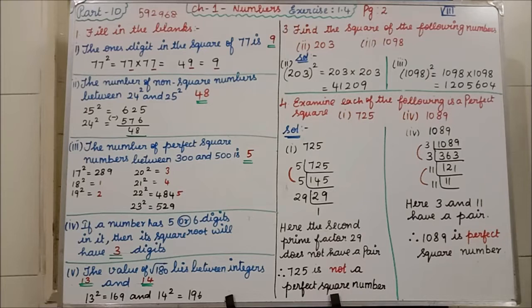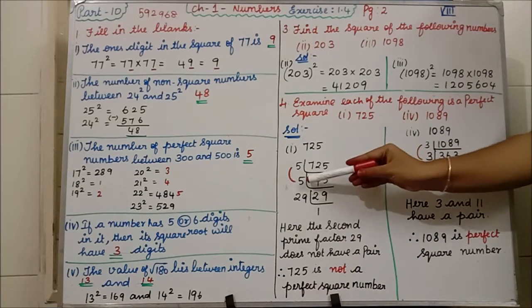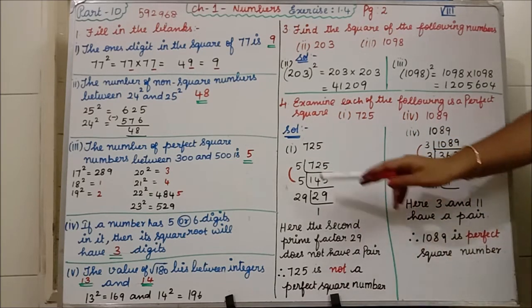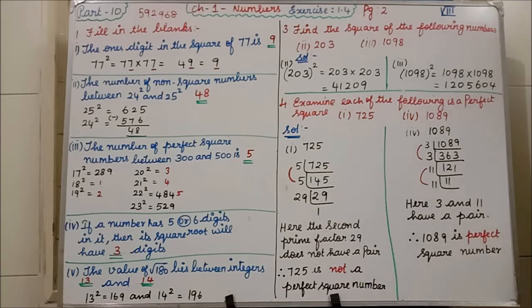Clear? What are the prime numbers? 2, 3, 5, 7, 11, 13 are the prime numbers. I think you all know, because prime numbers, composite numbers, even numbers, odd numbers you are learning from the 3rd standard onwards. I think you all know what a prime number is, isn't it? So you are going to do the factorization using only the prime numbers. You are not supposed to put 4, 6, 8 like that.